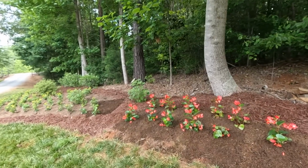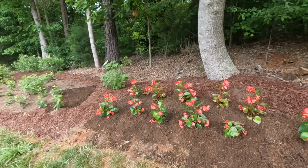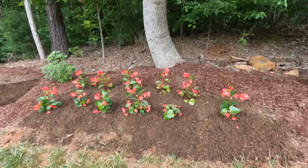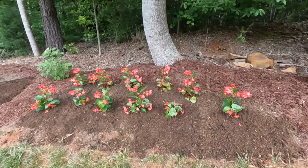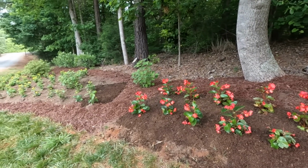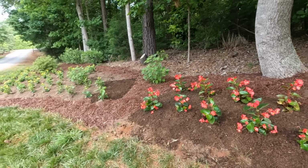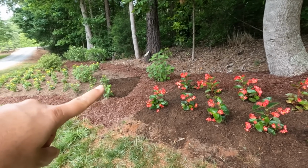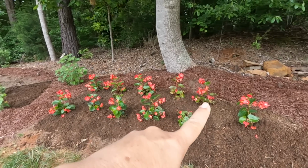You saw Jackson was helping me put the irrigation in, and now it has all, quote, disappeared. You can see that the fresh soil is a little darker. That's just because it's more moist. As soon as the sun hits it and it dries out, it will all be the same color as the existing raised bed mix. But we just tied in here, and then of course went behind the back row,